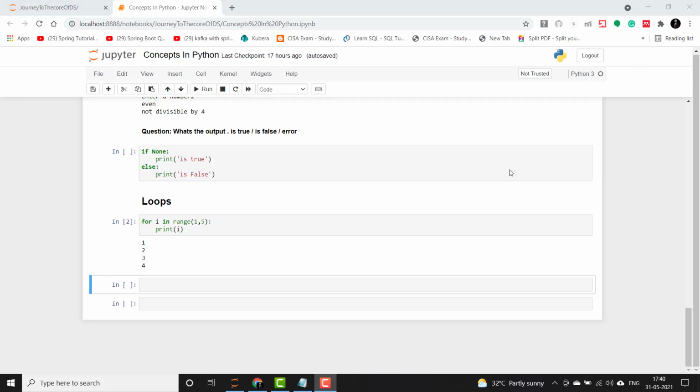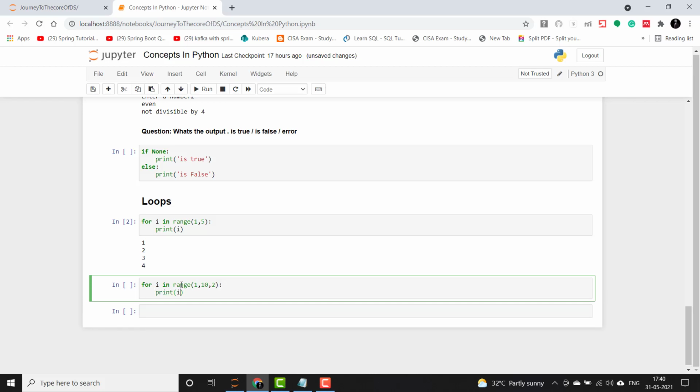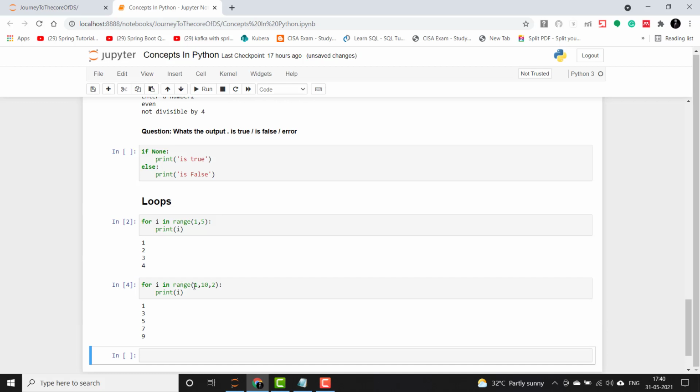In the previous example we were doing a normal increment of 1. Now shall we see how we implement an increment logic if the step to increment is more than 1? Let me show you that. For i in range(1, 10, 2), print i. Here the last parameter you are seeing is the increment part, which is equivalent of saying i equals i plus 2. The loop will start from 1 and it will increment by 2, so it will give alternate numbers as 3, 5, 7 and 9.